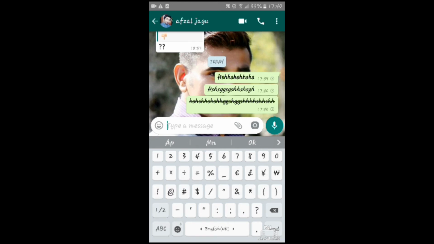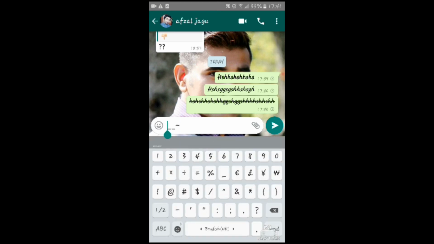You have to write these 3 symbols on both sides of the text. Let's first write these 3 symbols 2 times, this one and this one. And the second one is on the other side.